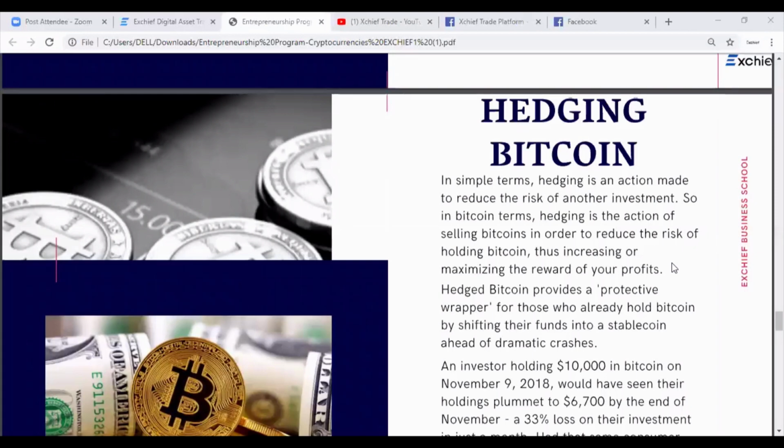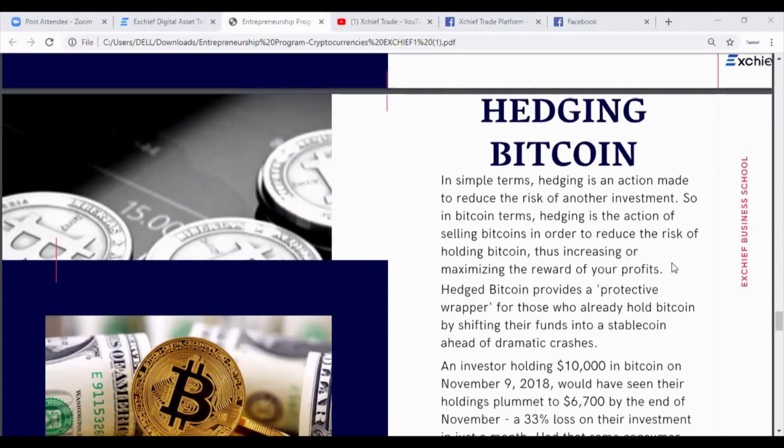CAC is actually backed by RMB, and USDT is backed by the dollar. Let's say we all know that Bitcoin appreciates and depreciates in value. For instance, you know that the Bitcoin price will go down, and you don't want to lose. Let's say you just bought $1,000 worth of Bitcoin, and you know that the price is going to go down. And you don't want to lose the value or the amount that you used in buying the